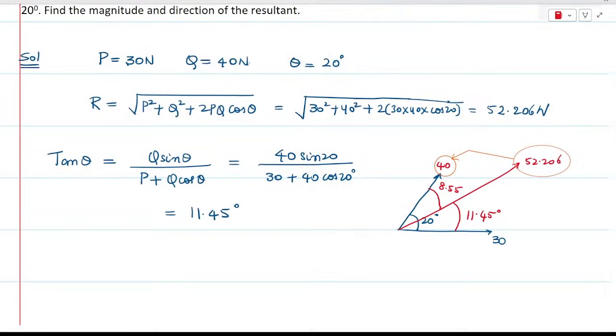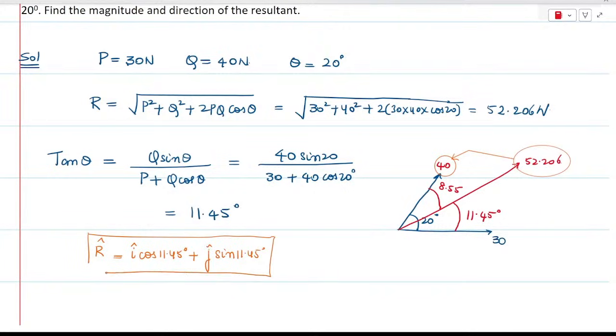The unit vector here, the 52.206, is making an angle of 11.45 with the x-axis. So the unit vector would be i cos 11.45 plus j sine of 11.45. This would be unit vector r cap, which is specifying the direction, and the vector can be written as